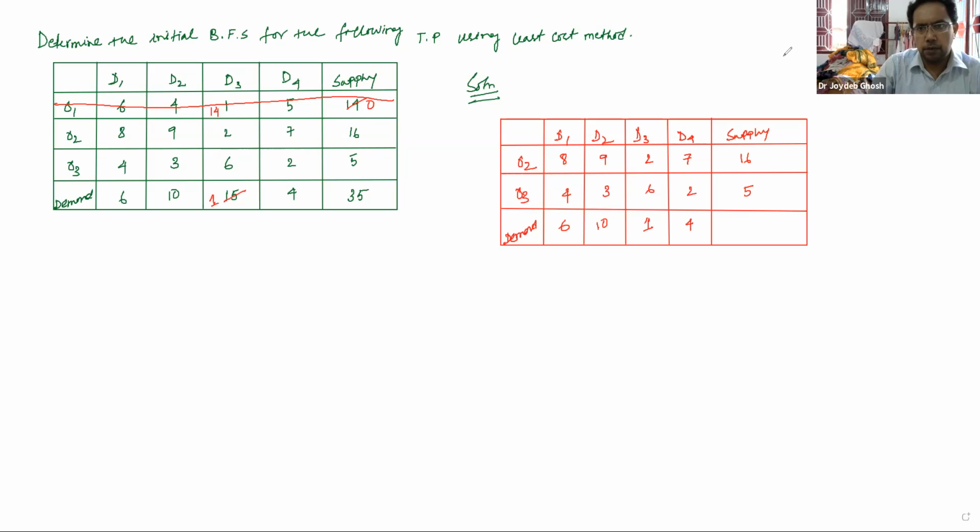Now look at this column. So which is the minimum? Your minimum is right now 2. So definitely, and what is your requirement? So we will supply 1. So definitely it will become 0. So this is 2. Okay. So right now this row is already exhausted. So it will become